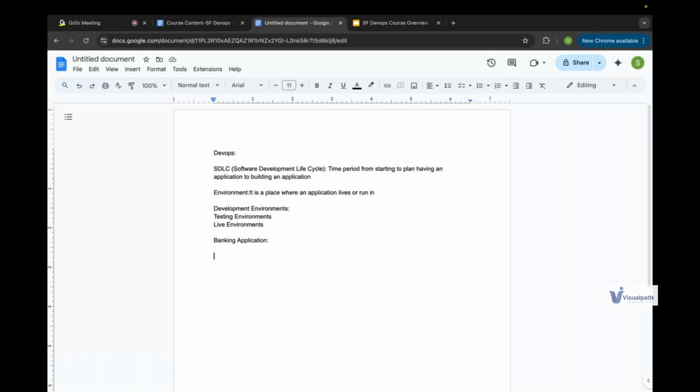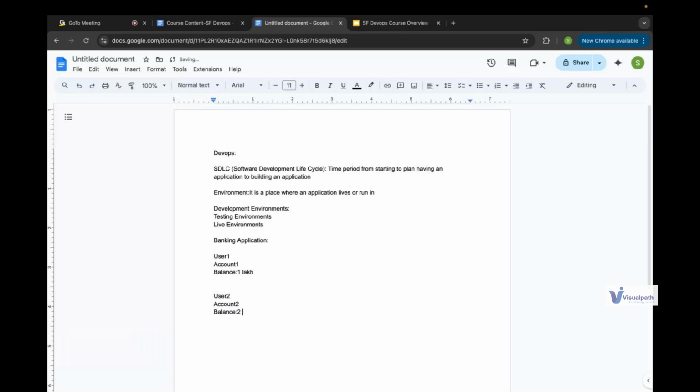Let's assume that there are two users. The name of one user is user 1, and he is holding an account whose account number is account 1, and let's assume that the balance in his account is some 1 lakh. Let's assume that there is one more user whose name is user 2 and whose account number is account 2, and let's assume that the balance in his account is